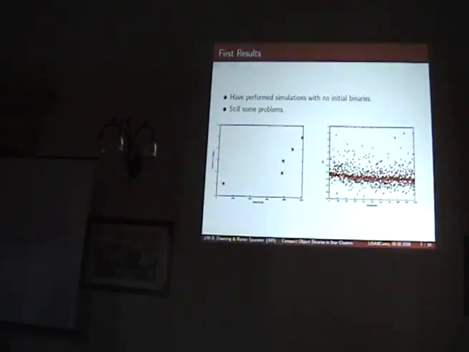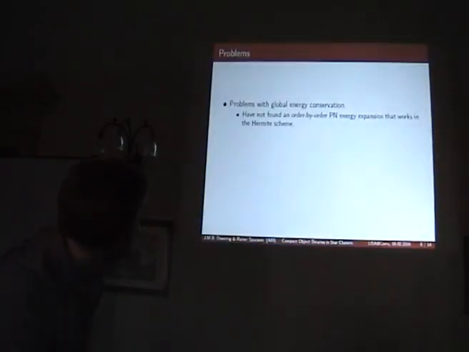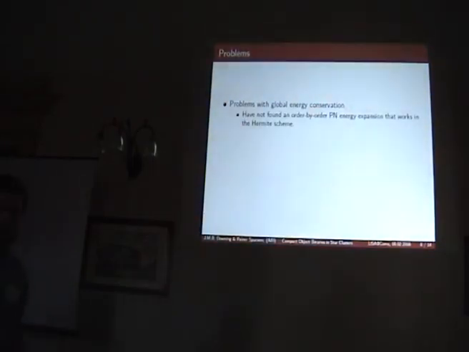However, we're still running into some problems, particularly with energy conservation. We're generally conserving energy quite well in the total code. But every now and again, there are scatterings in energy conservation that are quite bad. So still having to work on that. And it's in particular a little bit difficult because we have yet to find an order-by-order expression for the post-Newtonian energies that works with the Hermite scheme. With this, you require derivatives of acceleration, which then go back into the post-Newtonian energy terms, which then introduce higher order corrections in the lower order terms, and it can get a little tricky. But we're working on that.